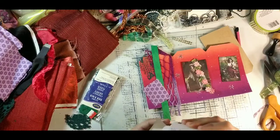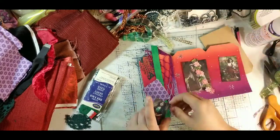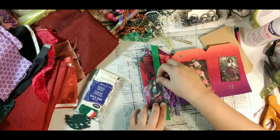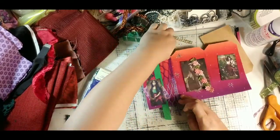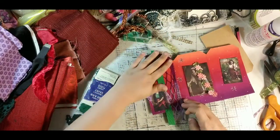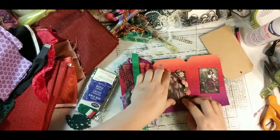And then again, I'm just going to put just enough glue on the back to sort of hold this in place where it doesn't move around when I'm trying to. I actually think I'm going to put that straight. And then once I sew it and everything's held down, then I'll come back through and trim everything up. So there's that one. This one,